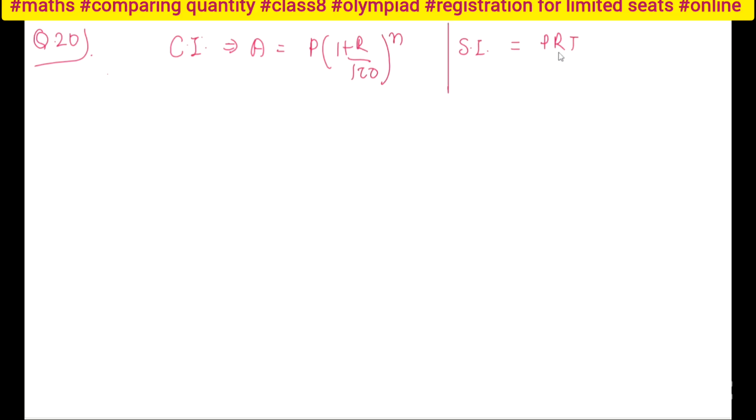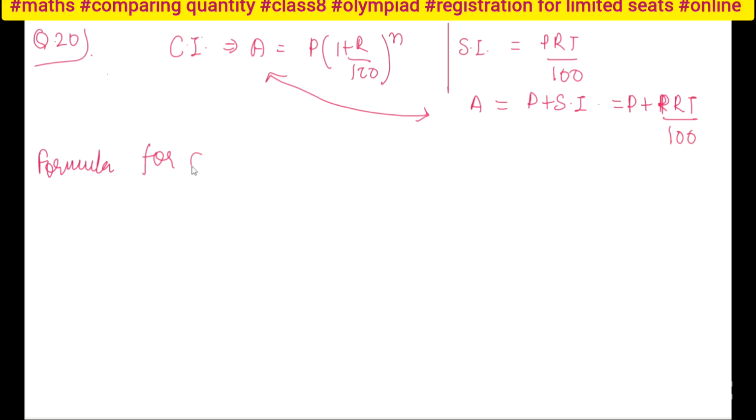Question number 20. See, I know CI is equal to how much? From here I know the amount actually, right? For CI I know the amount is P times (1 plus R by 100) to the power n. But in simple interest I know that it is PRT by 100, and when I am talking about amount, so amount will be how much? Principal plus simple interest, or I can say principal plus PRT by 100. Okay, so when I am getting these two comparisons, I get one simple thing. That is you no need to learn the entire process. I just show you for the concept. You just see the formula.